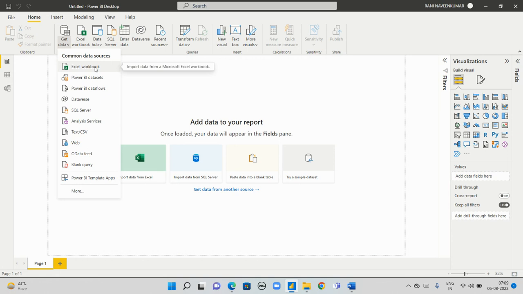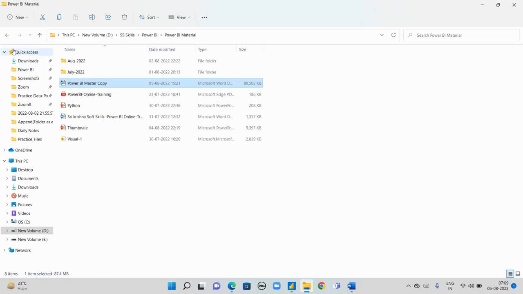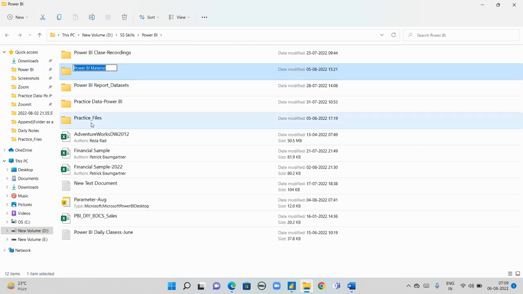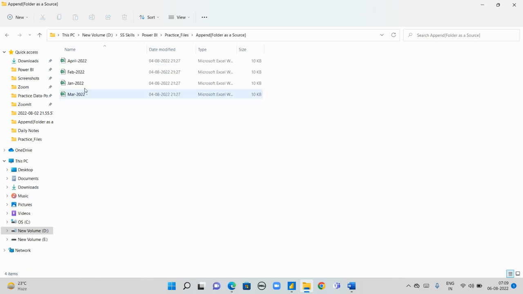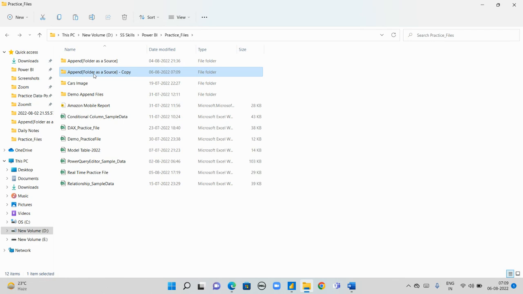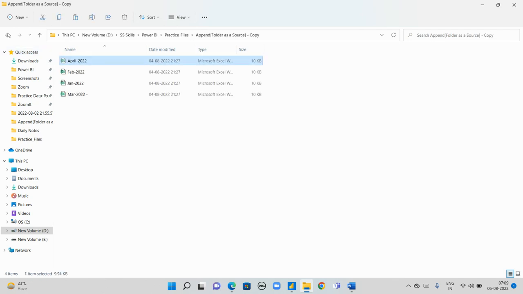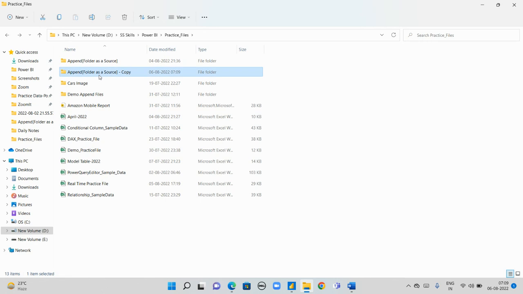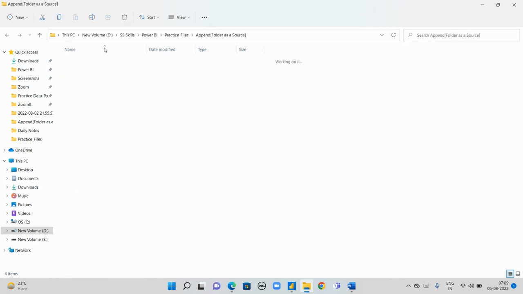as our practice file. So we split the column, add the columns, remove, choose columns and everything. And now we are connecting to the folder as a source. What will the folder as a source do? You see, in our practice file we have an append practice file, okay. Now I have connected it, I cut and pasted it here. For example, you see in my append folder,